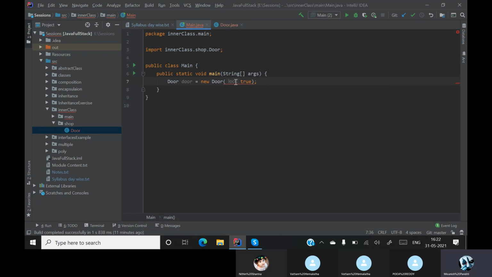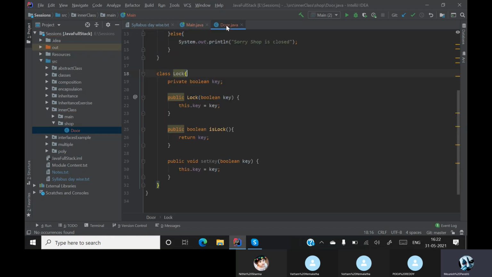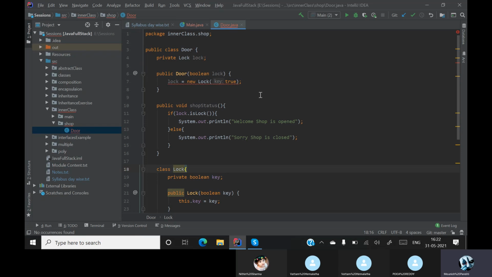It is still giving me an error. No, it should not give me an error. Change the first parameter door from lock to boolean. It is changing over here. What is happening over here? This is my key.